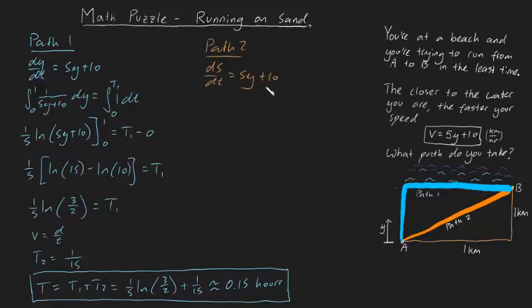We need to find ds. Fortunately, we've got Pythagoras on our side. We know that ds is going to be equal to the square root of dx squared plus dy squared, right? And then we can also write this as the square root of 1 plus (dy/dx) squared, times dx, right? And we can find dy/dx